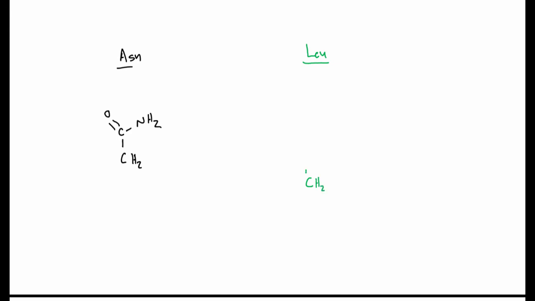Leucine is going to be this. Okay. And the important part of this is going to be these methyl groups sitting at the end of this. So when we look at here and here, we have hydrogen bond donors and acceptors. Well, when we look at leucine, we have methyl groups, and those methyl groups aren't hydrogen bond donors, nor are they acceptors. And therefore, this leucine won't form hydrogen bonds, and we'd expect then Km to go, hopefully you all are thinking, up. Okay, it's going to lose affinity or specificity, so